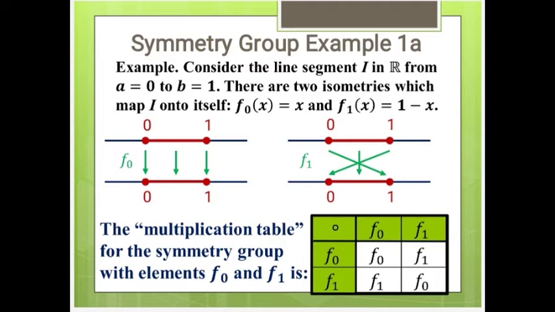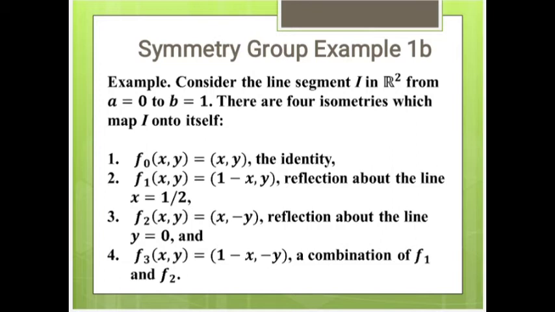The illustration is shown below the example. So the multiplication table for the symmetric group with elements f sub 0 and f sub 1 looks like this. Symmetric group example 1.b: in this one, there are four isometries which map I onto itself. First, f sub 0 of (x, y) equals (x, y), the identity. Next, f sub 1 of (x, y) equals (1 minus x, y),